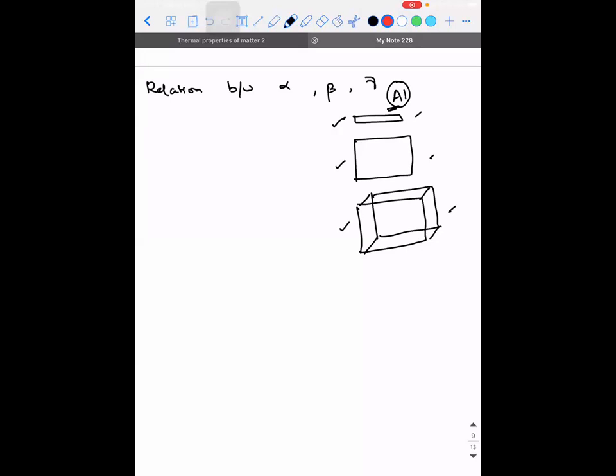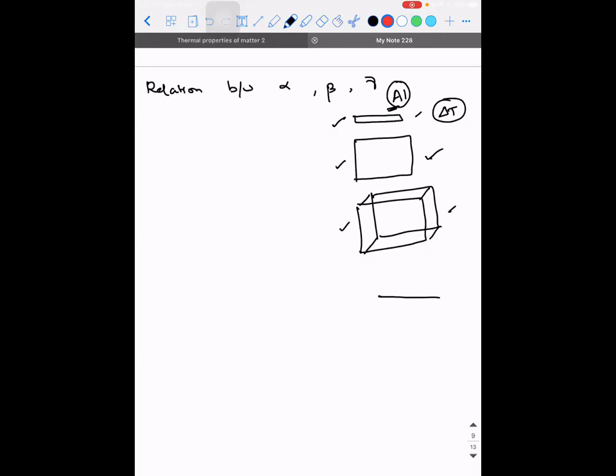So what I'm trying to say is I have a rod in my hand. Rod is one dimensional. Okay, think of a small stick. That stick is made up of aluminum. I have a sheet. Sheet is nothing like your paper. Let's say your paper itself is made with an aluminum sheet. And I have a cube. That cube is also made up of aluminum. The material is the same. All the 3 materials will be subjected to the same amount of heat. Means delta T also I'm going to keep it constant. I asked what is a parameter that is going to change for these 3 materials. The answer to that is the coefficients of expansions.